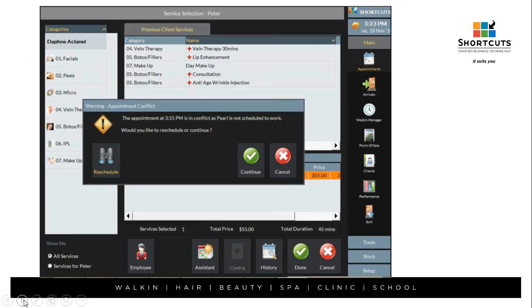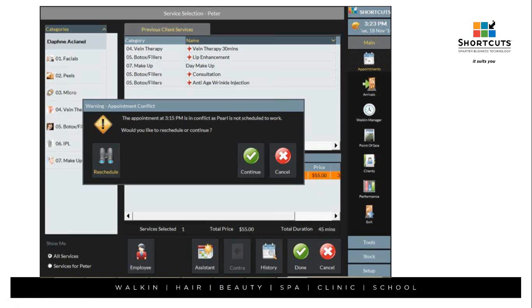So we know it's really easy for somebody just to start clicking on a page and making an appointment and not actually looking if there's enough time for the service, or if it's a service that requires another service afterwards, that there's enough time for both services to be done. So what happens is when you book in and you start making a service, if the employee is off during, let's say, the second service being booked in, or there's another service in that place, then what it'll do is it will highlight on the service selection, it will highlight once you've selected the service, it highlights it in orange